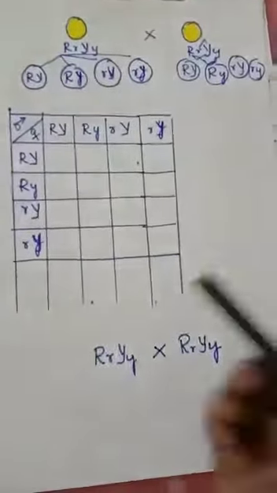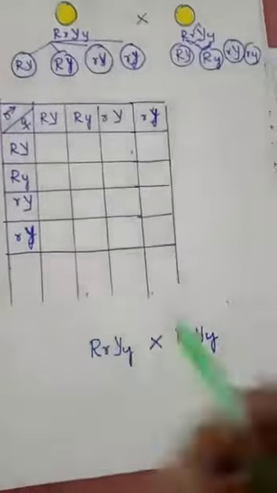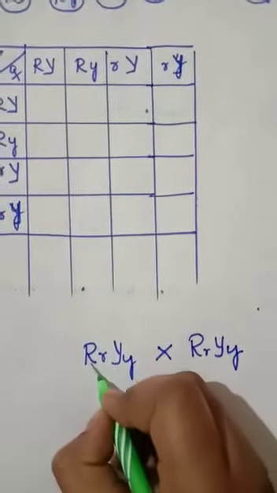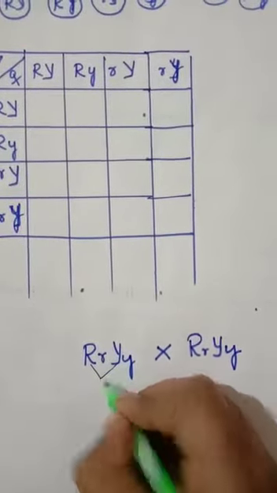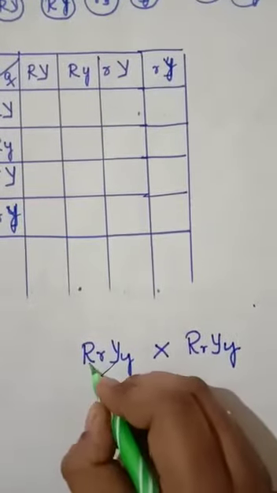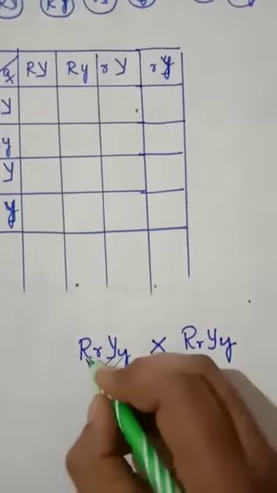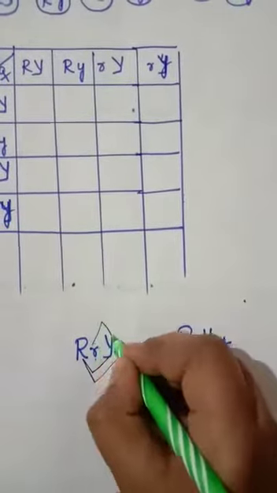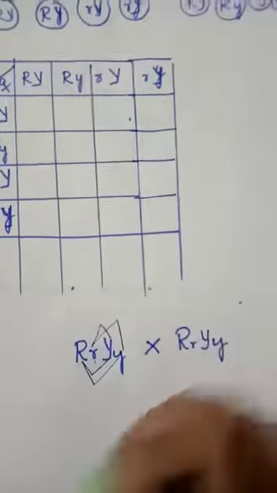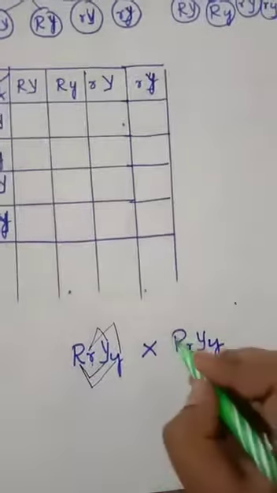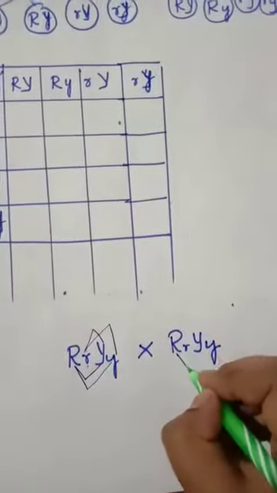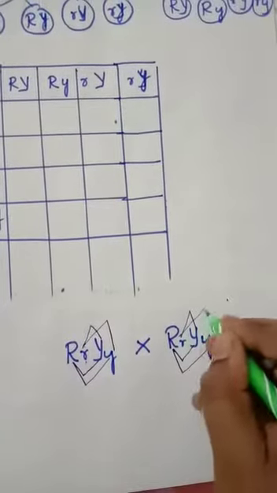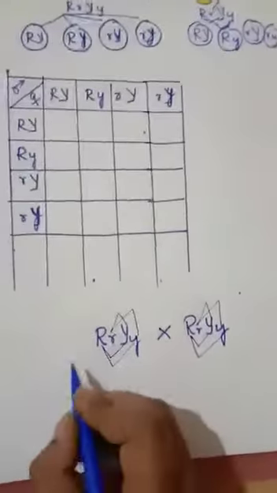So I'll use a pen, otherwise the sketch will overlap. See, first of all, take the first letter and fuse it with the third letter. Okay, so next from the first letter to the last letter. Next left out is the small r with the capital Y and small r with the small y. Like this you need to get the gametes. First this one with this one, this one with this one, this one with this one, and this one with this one.